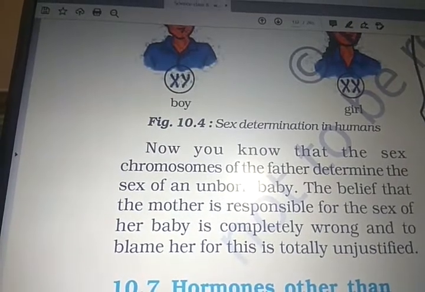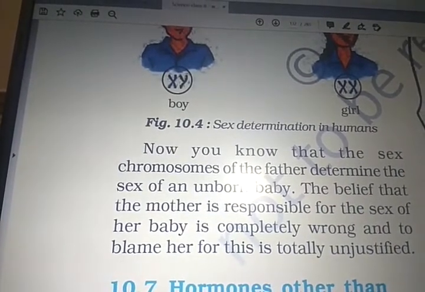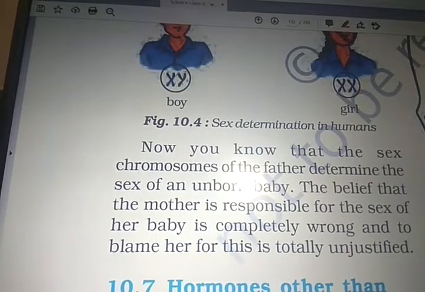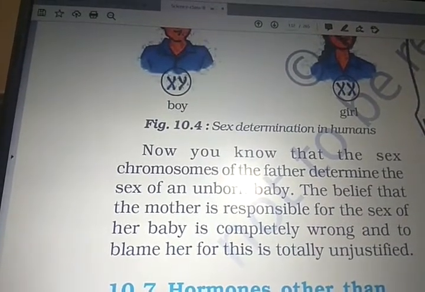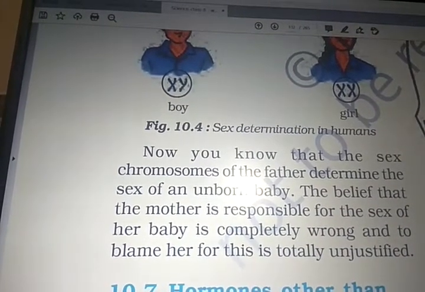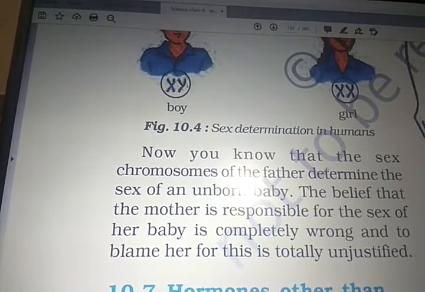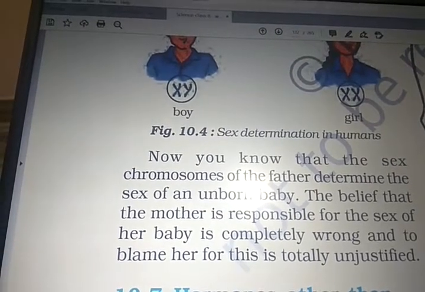Now you know that the sex chromosome of the father determines the sex of the unborn baby. The belief that the mother is responsible for the sex of her baby is completely wrong, right? In olden days,